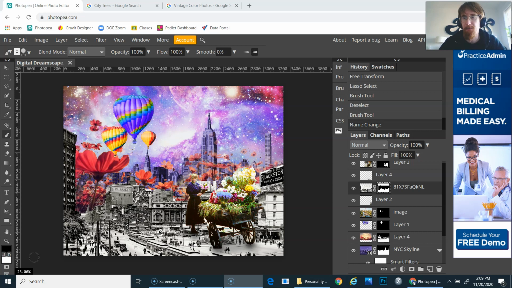This video will be a time lapse to go over the entire process of creating this digital Dreamscape collage. The inspiration for this collage came from literally just looking through vintage photos on Google, and also from helping students out in the class. So again, just remember to, as you're thinking about what to put in your collage, think